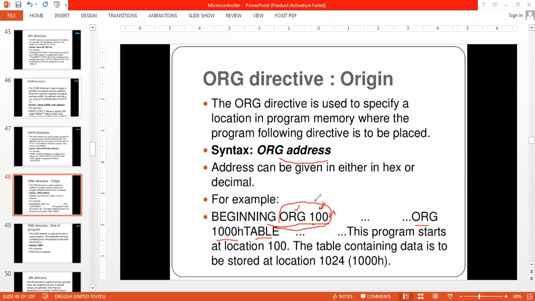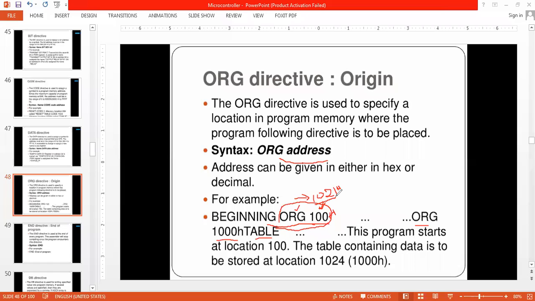If I write org 1021H, then the program is going to start from 1021H. That is going to be the beginning address of that program. If I write a program of 100 lines, then that program is going to be stored in the program memory.